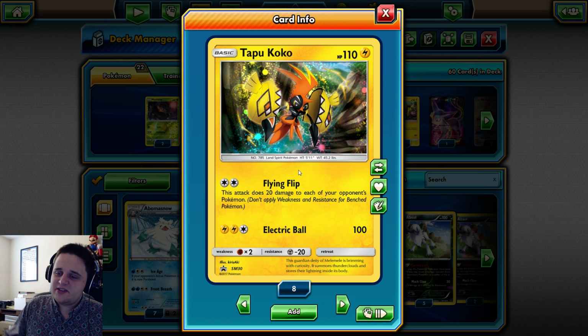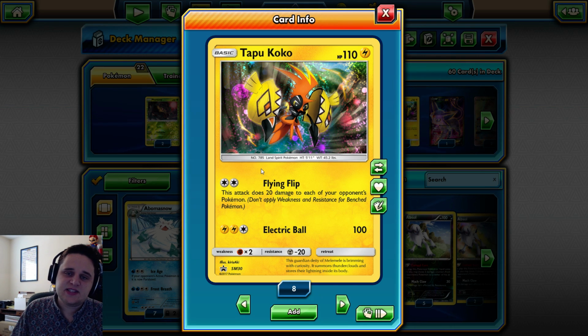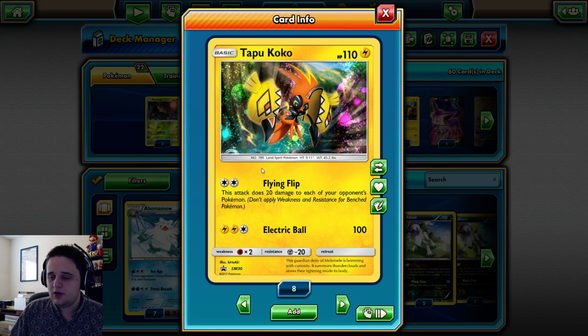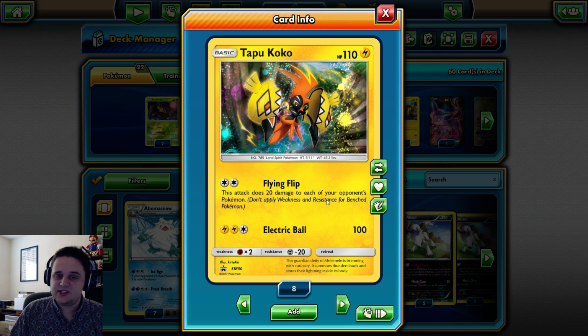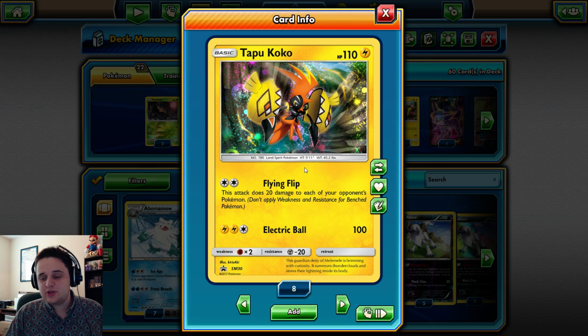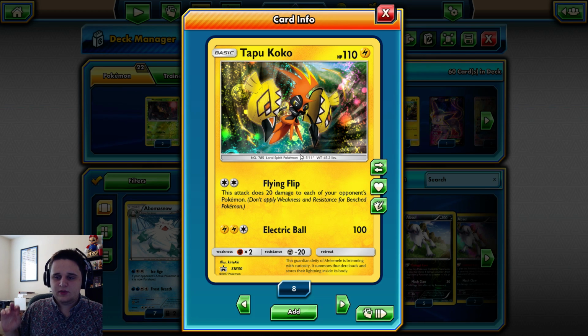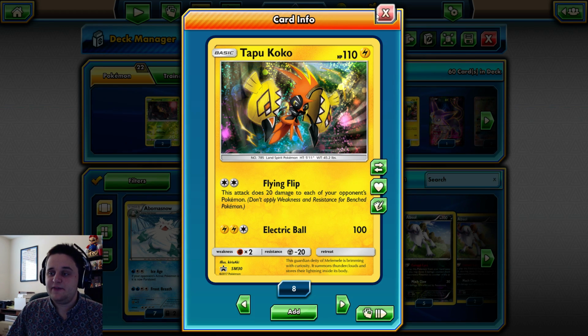But anyway, let's look at Tapu Koko here. 110 HP, basic lightning Pokemon with the attack Flying Flip. This attack does 20 damage to each of your opponent's Pokemon, and it also has free retreat. Very, very solid card. Getting the 20 damage on the field early can be very good for us, just spreading it all around. Can make it easy for us to come in later with something else to take big finishing